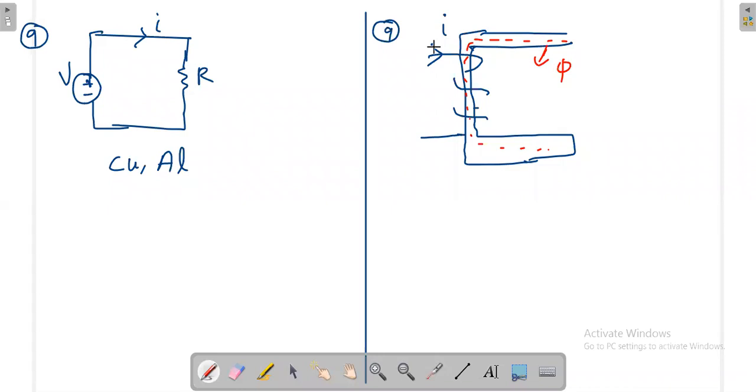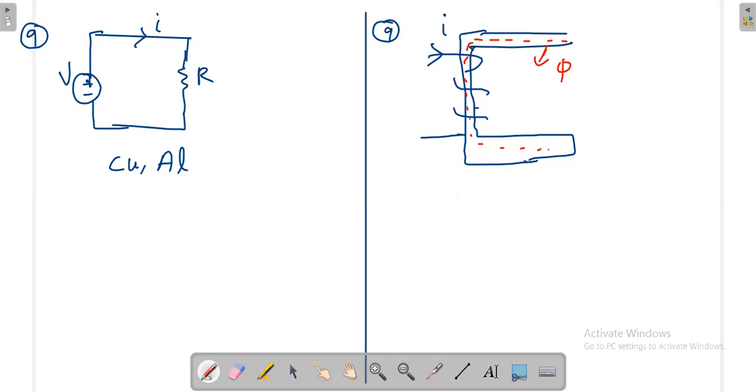Okay, when you increase, because they are directly proportional. Similarly here, if you increase the voltage, the current will increase, but here also if you increase the current, the flux will increase. Again here it is R. R is decided by the material type. Here also, how much flux will be produced per ampere of current will be decided by the properties of the material.